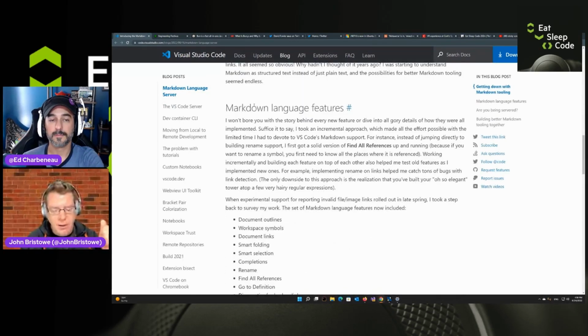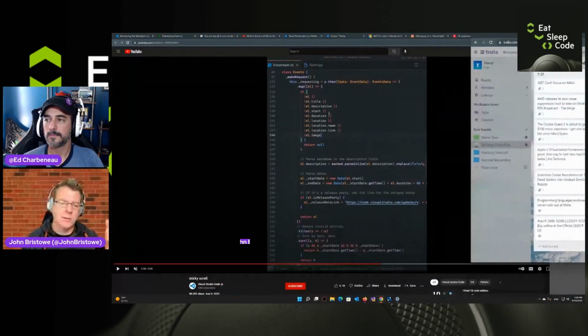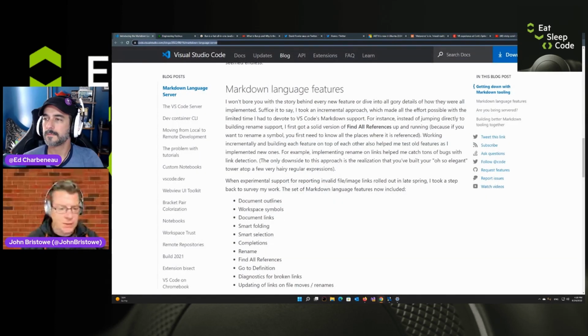Language servers are the way in which we can actually get universal agreement around how we process and understand these languages like C# or JavaScript or even Markdown. What a language server does is provide an IDE-agnostic mechanism for describing "here's what the text is telling me" and informing the IDE of syntax highlighting, auto-completion, IntelliSense, et cetera, et cetera. So this blog post is talking about how they've now added support for a new language server